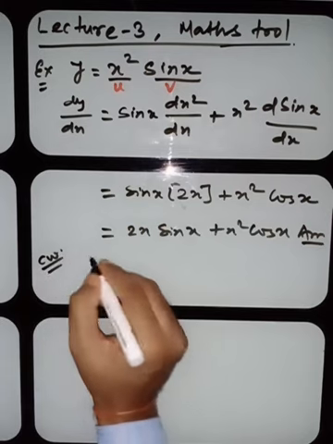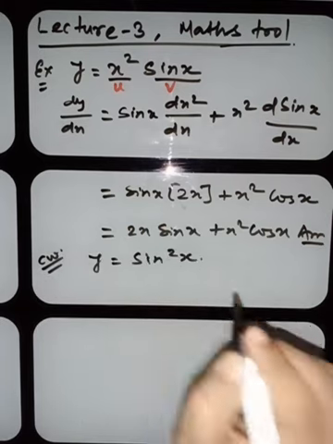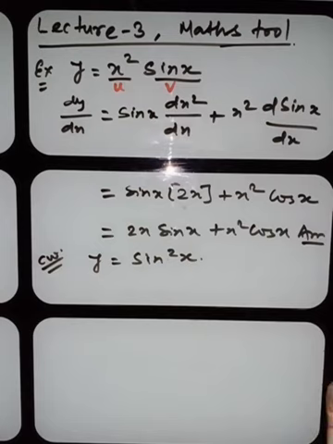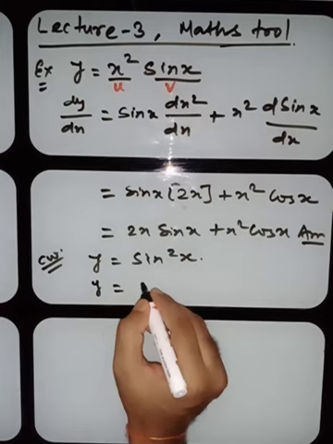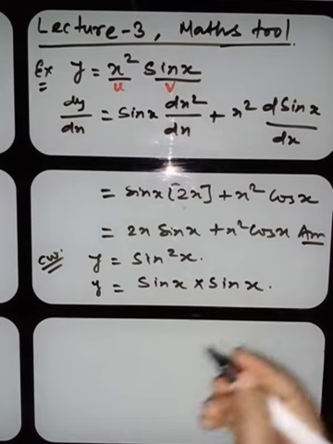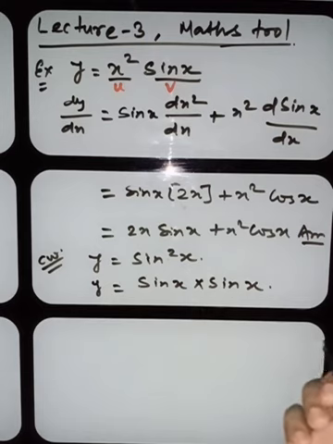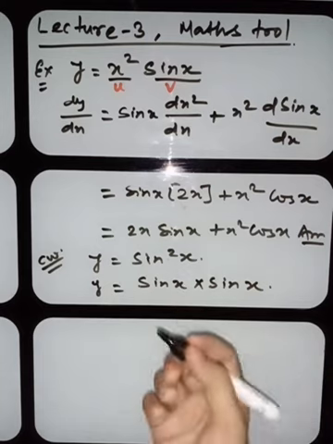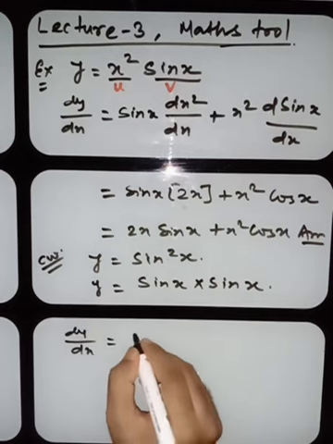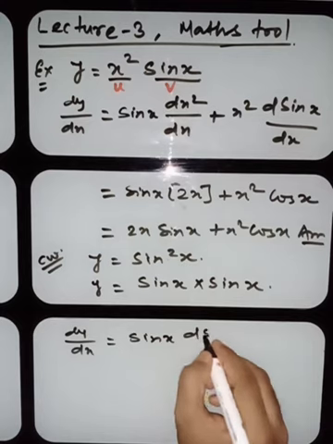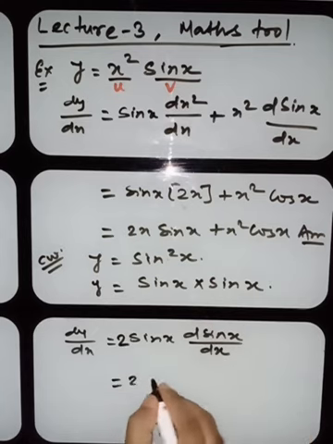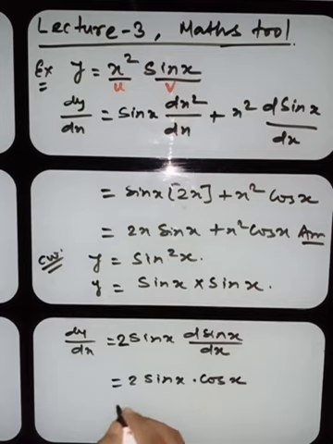Now the next question. If y is sin square x, how will you do the differentiation? If y is sin square x, how will you differentiate this? Now this can be written as sin x into sin x. Could you differentiate this, my dear student? Yes, u into v. Here u and v are both the same. You can do this differentiation by a number of methods, but I am telling you this because you are a learner. dy by dx is sin x out and d sin x by dx, and the same thing will happen. So we can put 2 here. So it is 2 sin x into cos x, and it is